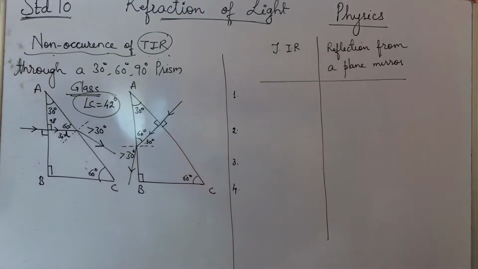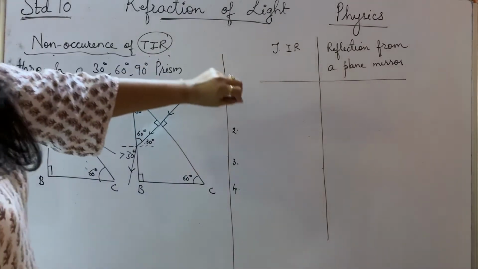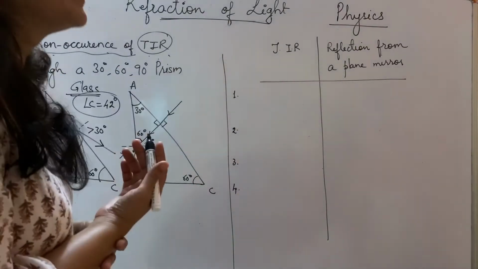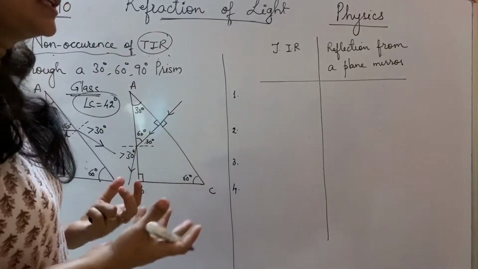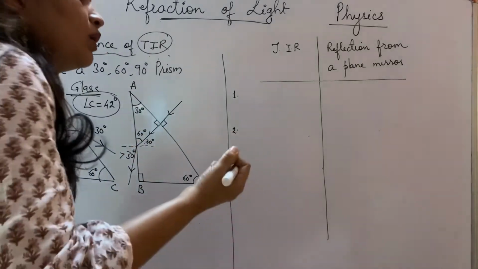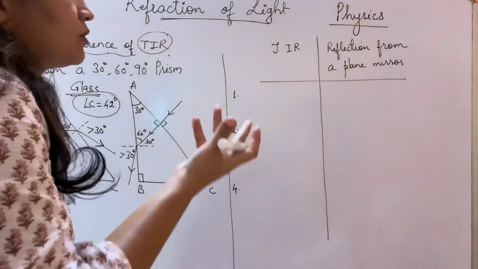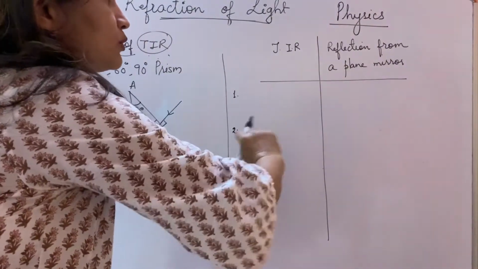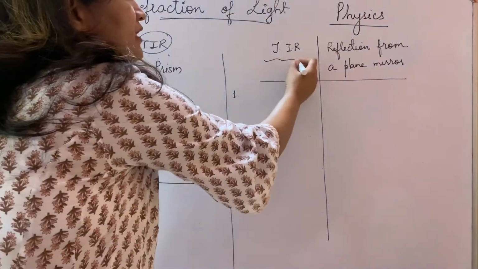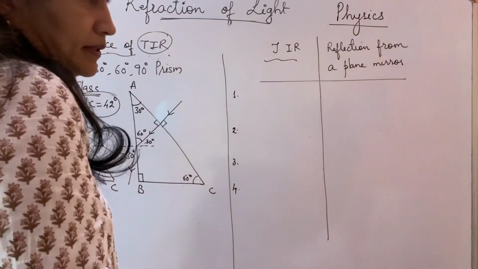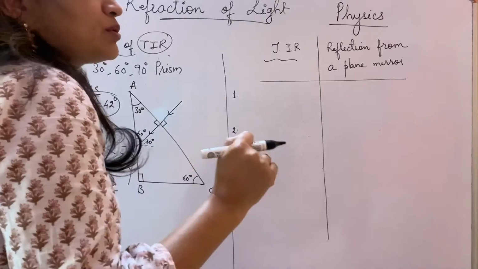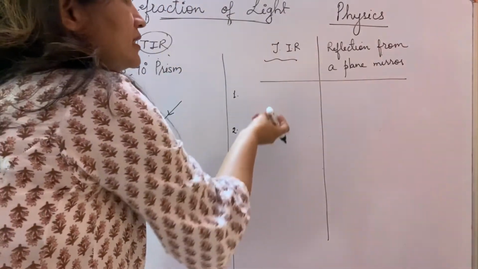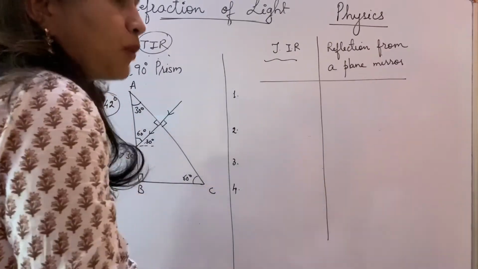Now one question which is asked mostly in the exam is why prisms are used and not glass or plane mirrors for reflection in a periscope or in cameras or in binoculars. Now keep a few things in mind because these differences are mostly asked. Why is TIR preferred over reflection from a plane mirror? Now first of all you must know children that TIR means we will use prisms, and it is easier to preserve a prism, like it doesn't get spoiled.